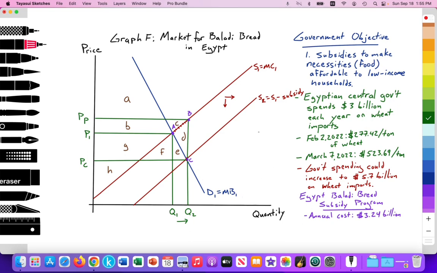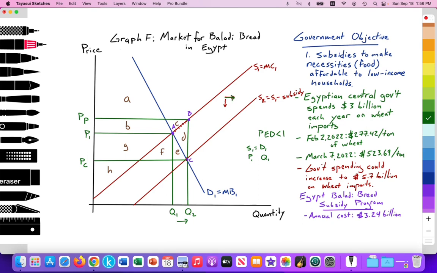We can note that the demand curve is inelastic, that the PED value for Baladi bread as a necessity is less than 1. We have an initial equilibrium where S1 equals D1. That provides a free market price at P1 and a free market quantity at Q1, where quantity supplied equals quantity demanded. But this price may be deemed too high for low-income households to afford. So the government steps in and provides a per unit subsidy, which has the effect of shifting the supply curve outward